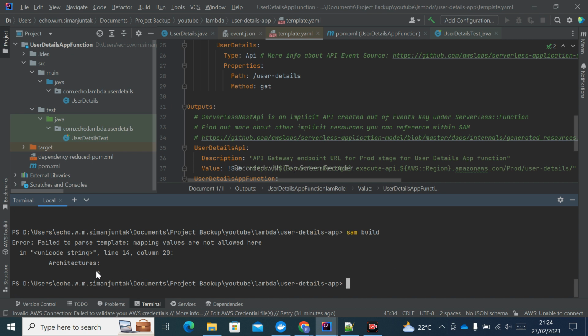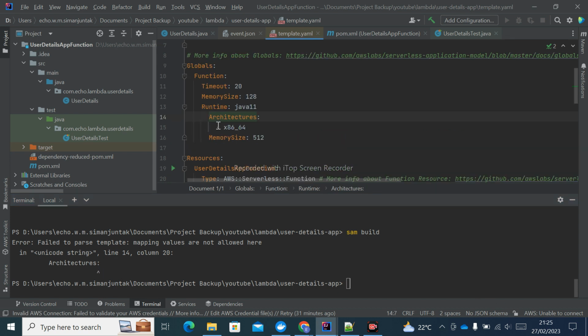Oops, we have an error here in our template.yaml file. I will fix it and I will be back to you. So the architecture's element right here must be in the same position as runtime under the function element. So I will remove the space